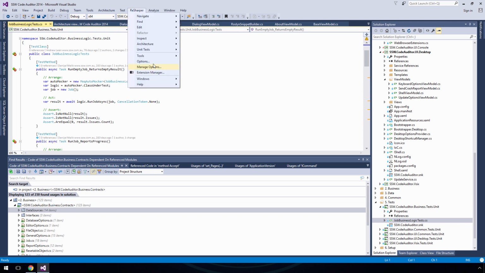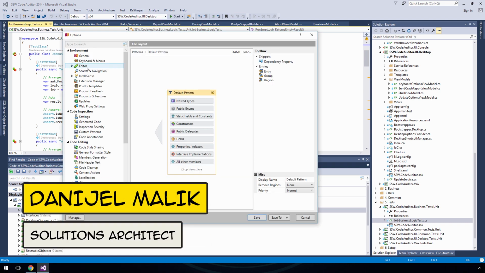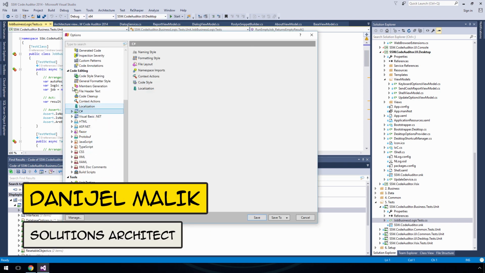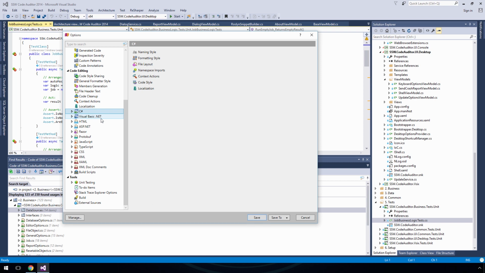Oh, one thing that's worth mentioning, you have support for multiple languages, and that'll be the final thing that I'll show. So down here you can see the list of code editing features. This supports C#, VB, HTML, ASP.NET. There is a support for Razor. You get TypeScript, JavaScript, XAML. So it's pretty cool. Fortunately, the product itself is too huge to show all features in 1 hour, but I hope that this gives you a good start,